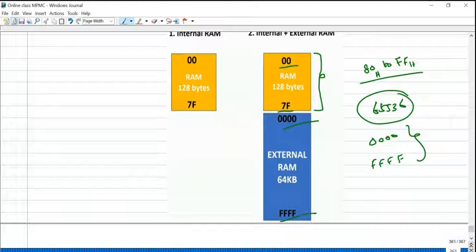External memory. Here there is no condition like external access equal to 0 or 1. There is no condition for interfacing RAM with the microcontroller. So the external access pin and program store enable pin are dedicated for interfacing external read-only memory. Interfacing RAM with the microcontroller, only the read bar signal and write bar signal we are going to use.